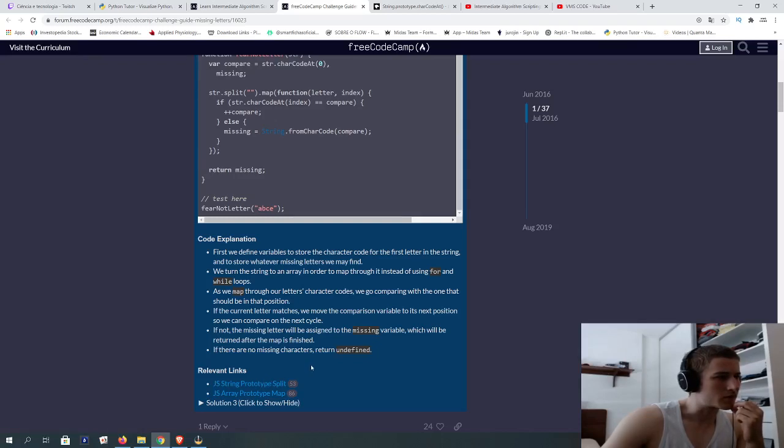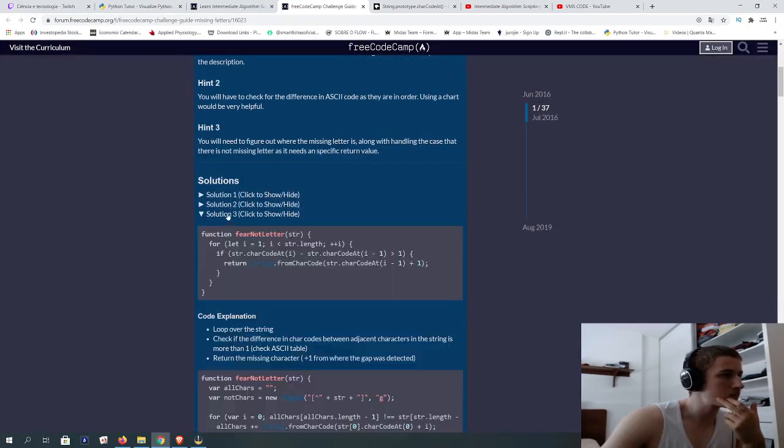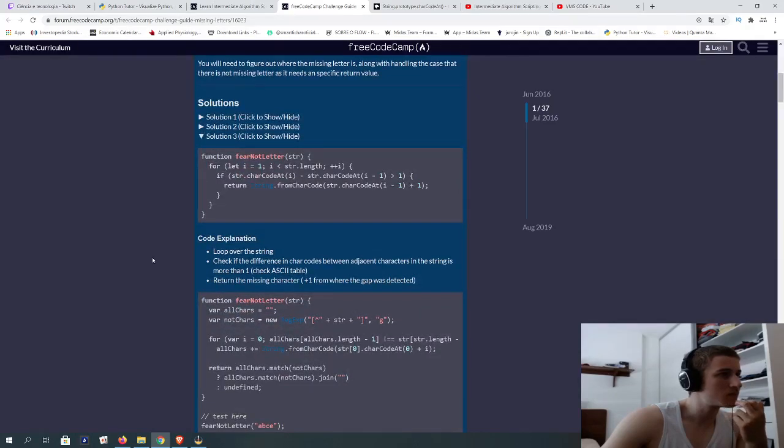There are no missing characters, returned undefined. Equals 1. I don't understand why it starts at 1 here. Also, if the difference in index is bigger than 1,